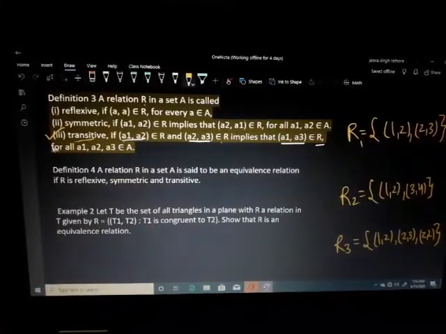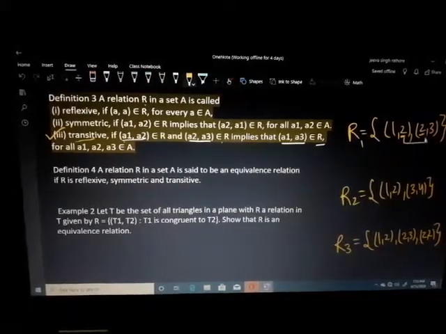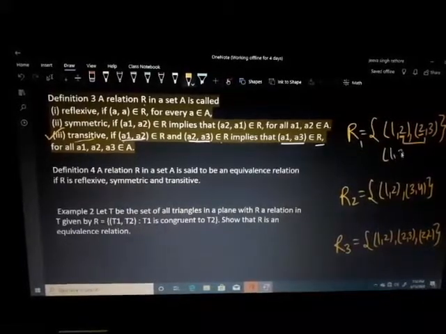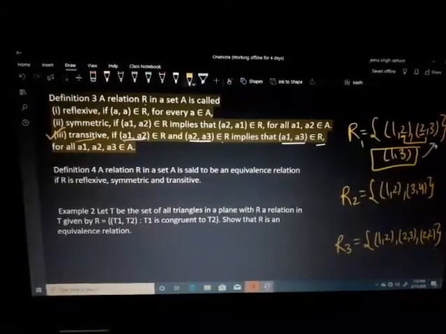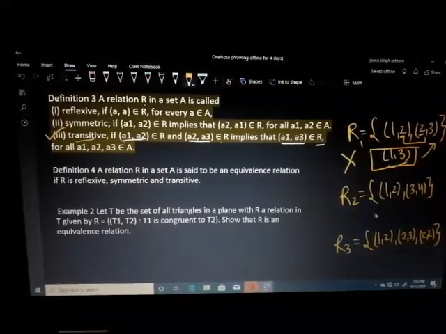I am giving some examples of transitive relations. For example, this is the relation R1, with ordered pairs (1, 2) and (2, 3). Is this one transitive or not? Check it. When you see that in the second part (1, 2) and (2, 3) the middle element is the same, then (1, 3) must be present in this relation. But you are seeing there is no ordered pair (1, 3), so this is not a transitive relation.